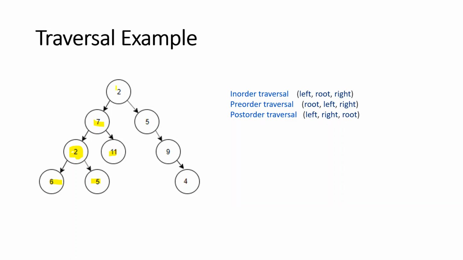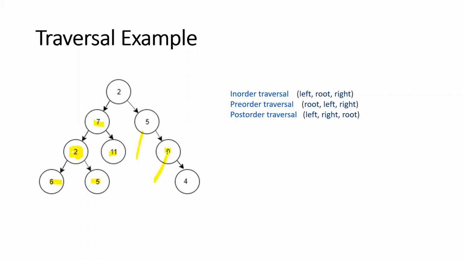Right side, right? So what will be printed in the right side when it reaches 5? 5 will be printed. When it reaches 2, it is the root node. It is not having any left. It is having a right. So when it takes right, it reaches 9. So it will not print 9. Again, it will be checking whether it is the root of another subtree, which is not having any left.